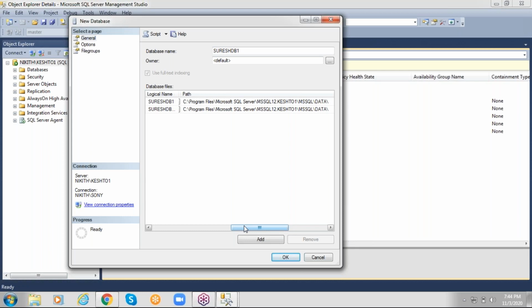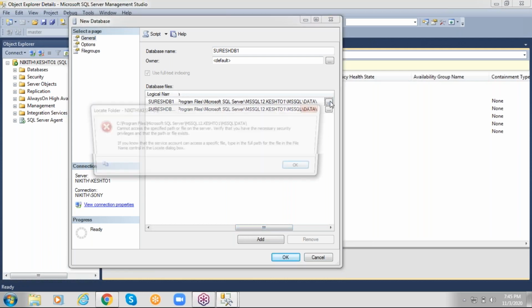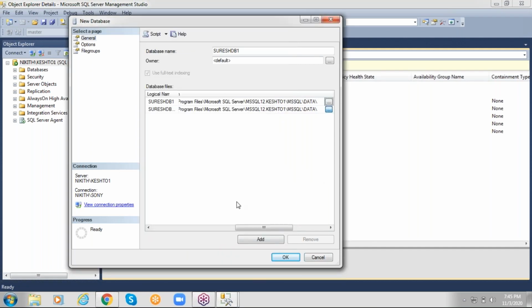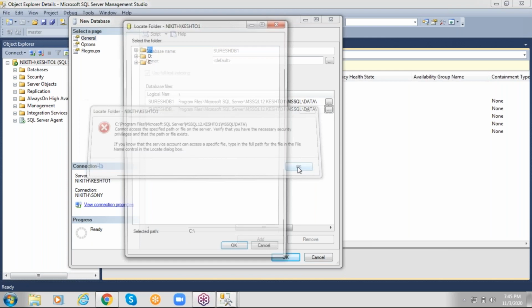I already discussed that we get separate disks for data file and log file. So you have to change the data file path and log file path. Please remember, this is mandatory in real time. If you click on this button, it shows different drives, for the data file and in the same way for the log file.